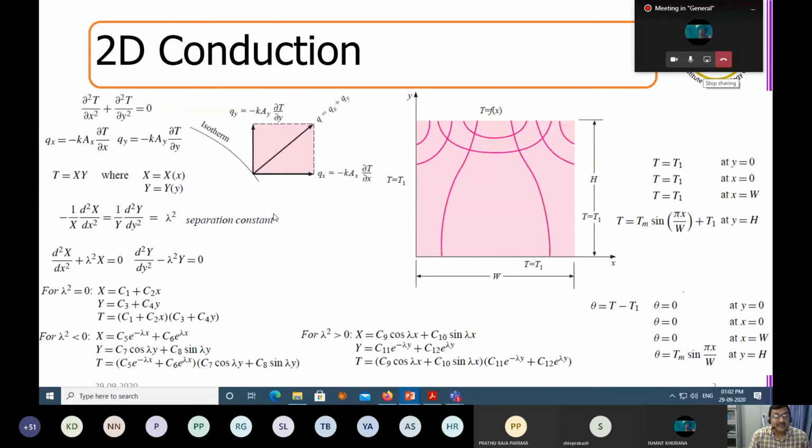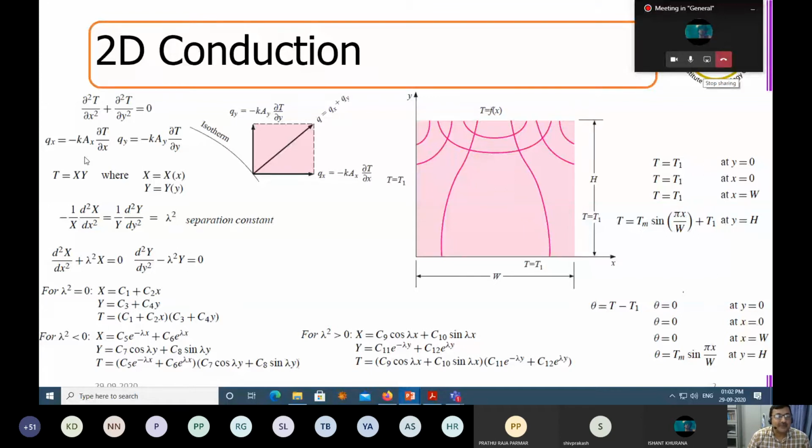Remember, this is not an analytical solution. This is what I am assuming to be an analytical solution. Idea is that if I can really solve these ordinary differential equations, then I plug back into X and Y, and then I get the temperature profile. And that's the way we are attempting to get that. So we are anticipating that the x temperature variation is independent of the y temperature variation. And typically when I join the functions, I join in a multiplicative form.